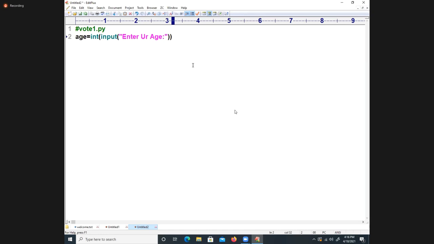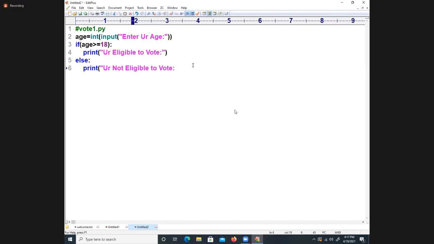If age greater than or equal to 18, there we are writing print of "You are eligible to vote". Right? Now we are writing else: print "You are not eligible to vote".